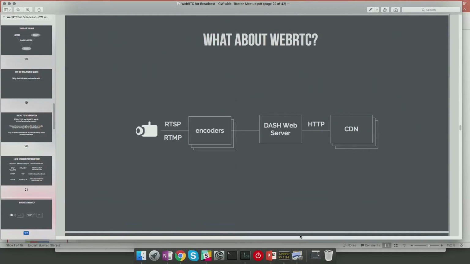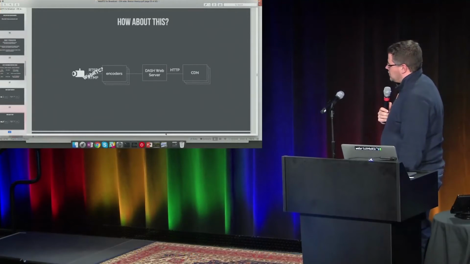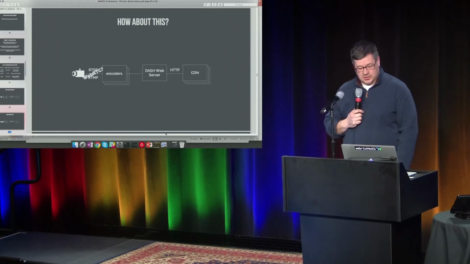So what about WebRTC? That is, after all, the main topic of this. What's the low-hanging fruit? Why don't we use WebRTC instead of RTSP or RTMP? I think some people are doing this. It's pretty straightforward and makes some sense.